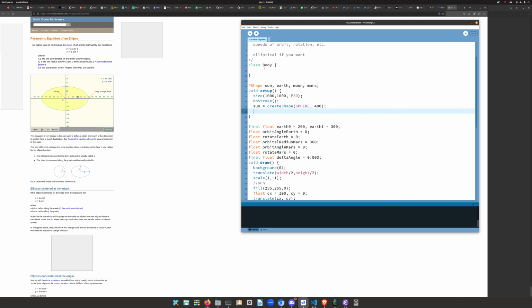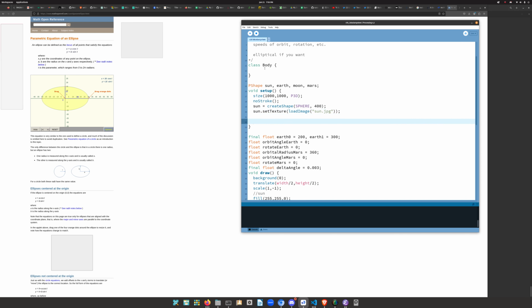Sun equals create shape. So we need to attach the sun.setTexture and its load image of sun.jpg. So obviously that implies I've got to get that thing. We've got to do that. And then you would do the same thing for Earth, Mars. So I'm not going to do these infinitely. I'll just do Earth,